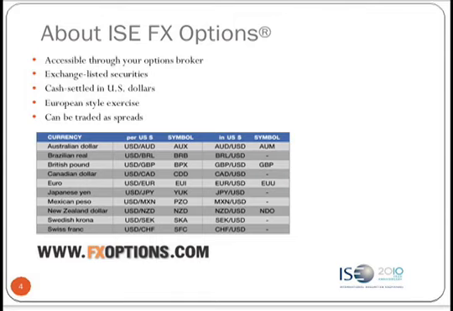EUU is measured in euros. So in other words, if EUU is going down, that means the euro is going down. If EUU is going up, that means the euro is going up. With that being said, the middle column where you see AUX, BRB, BPX, CDD, and so on down the line,